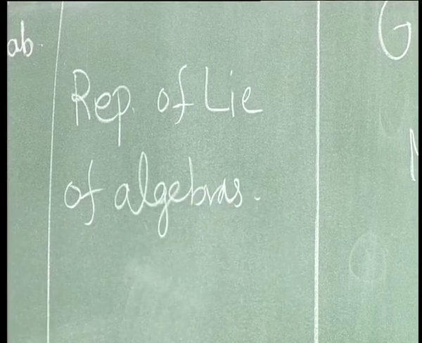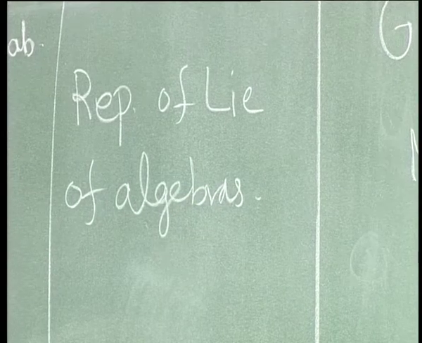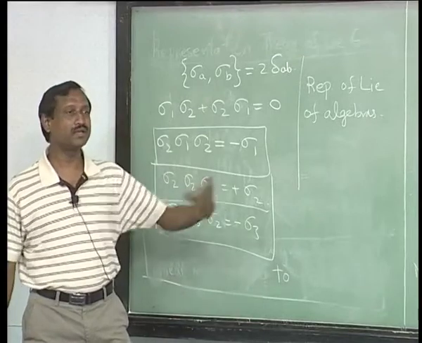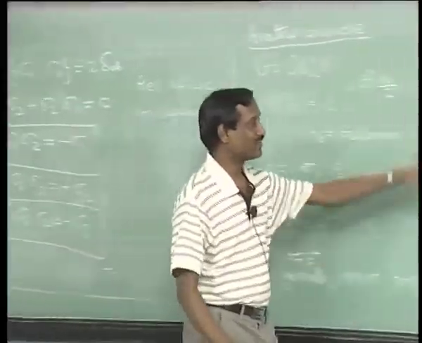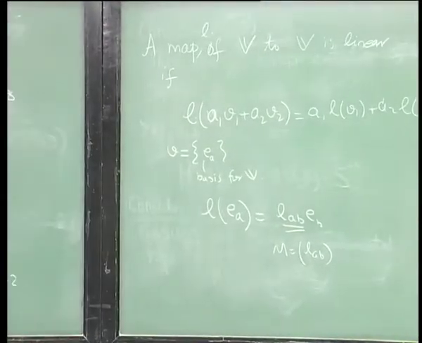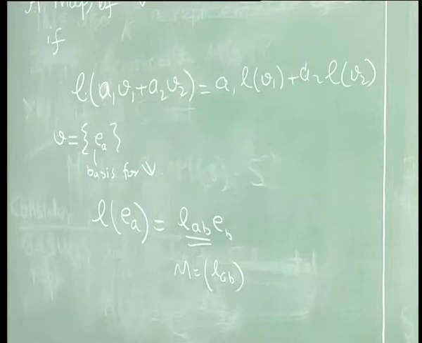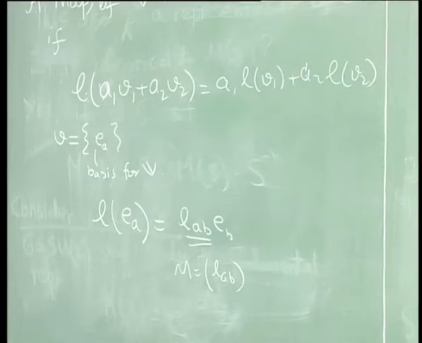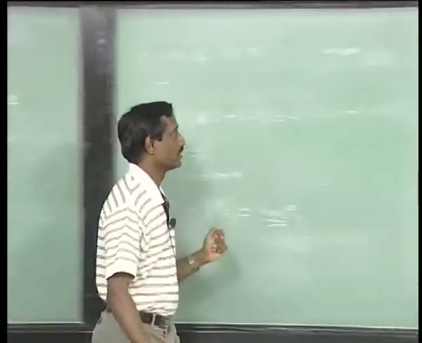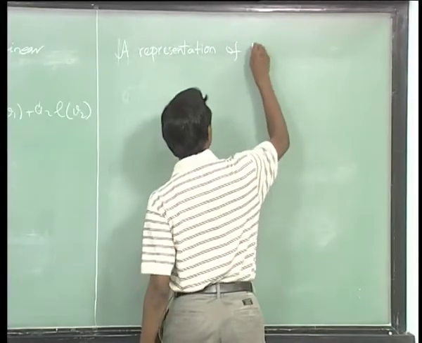It is very obvious. Again, for every Lie algebra element, you will give me a matrix. Again, the same argument I had out here applies: it is enough for me to give you how it acts on the basis of the Lie algebra. In this case, the basis is the Gell-Mann matrices. So, a representation of a Lie group,